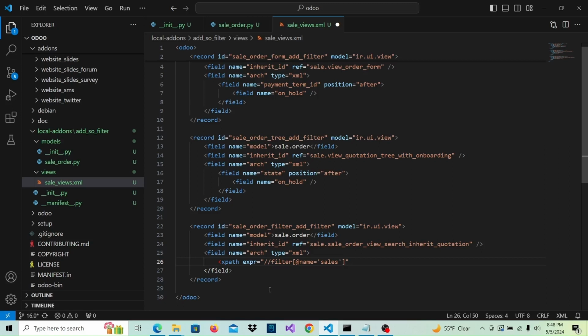So we want to add after that filter. So we use position after, and we close the expand. So here we're going to add our filter,